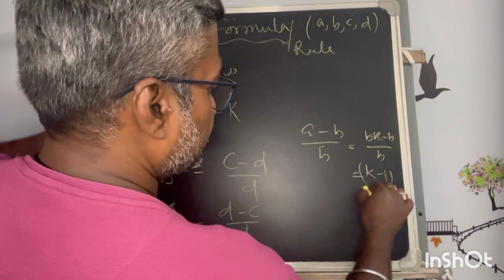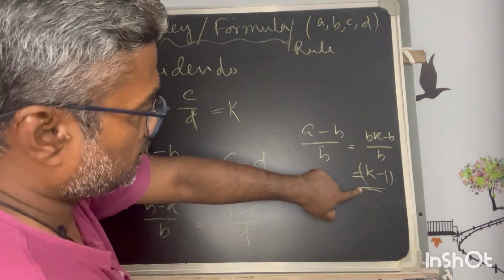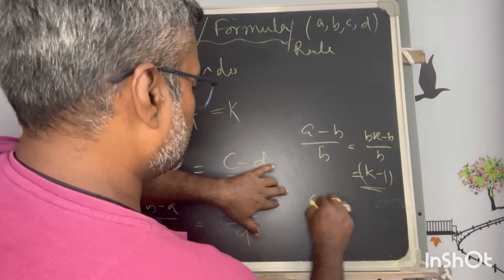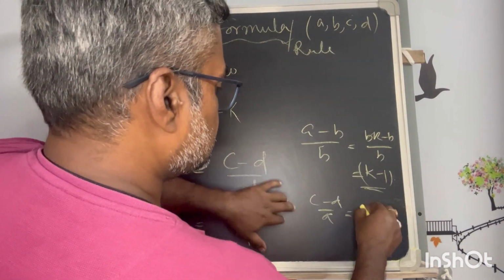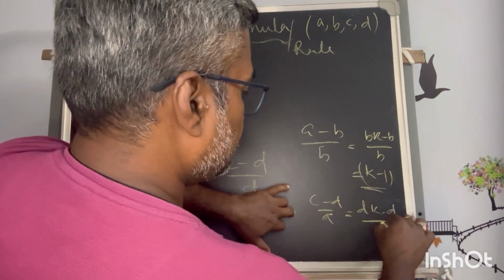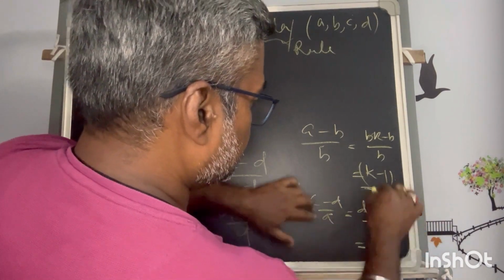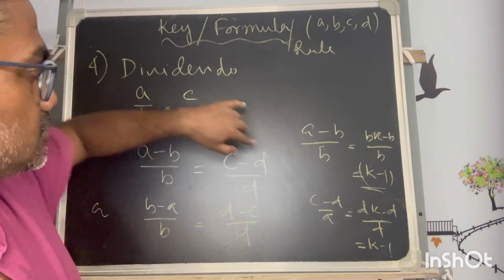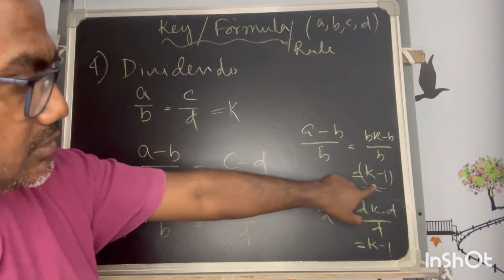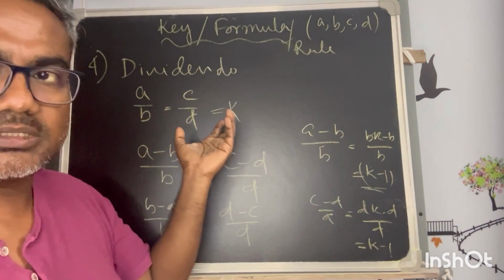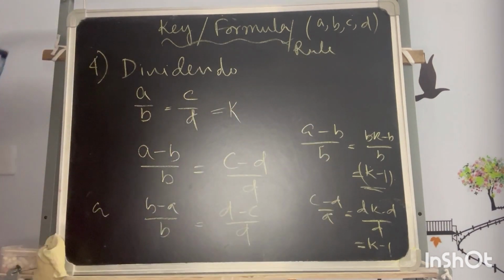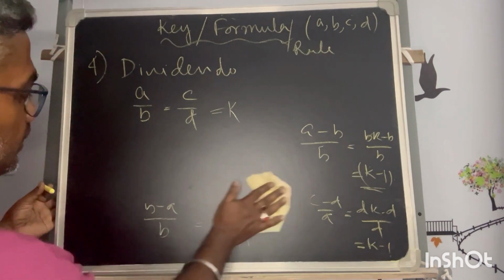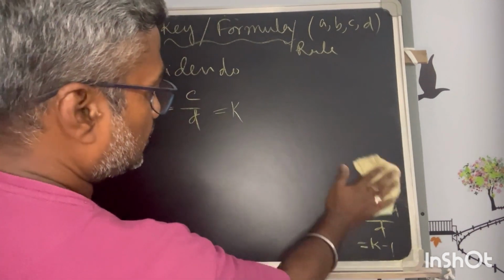Now you see the ratio itself is changing, so I cannot equate this to this, whereas if I do this, c is equal to dk minus d by d, that is equal to k minus 1. These are equal to each other, but that is not equal to k, because the k has become k minus 1, so this cannot be said to be equal. So these are not the same. So be cautious when you are using this kind of relation. So this relation is only possible